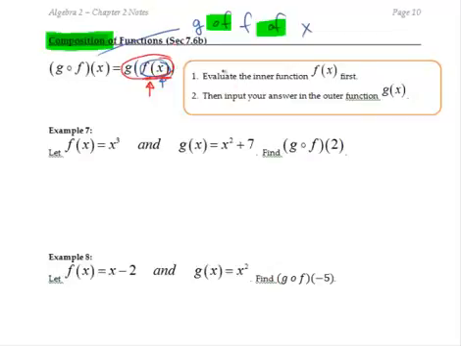Here are your steps for you to see this. Evaluate the inner function first, and then input your answer to that into the outer function. So I like to use colors for this. It helps me a lot when I see what's going inside and outside of things. So we're going to do